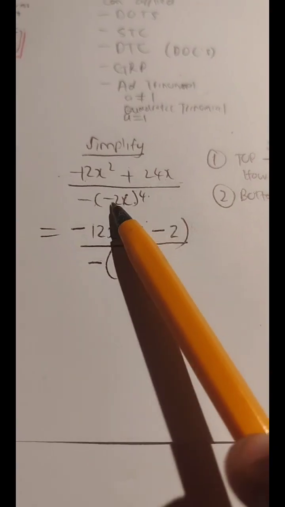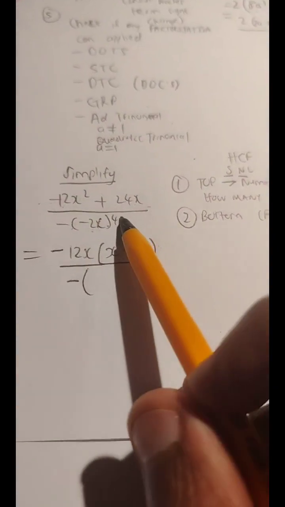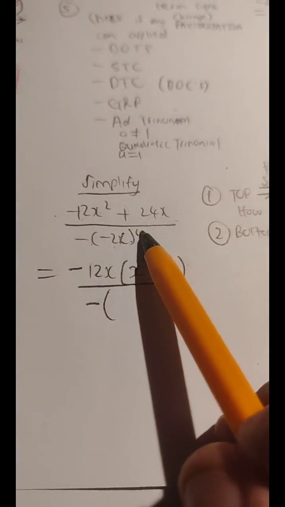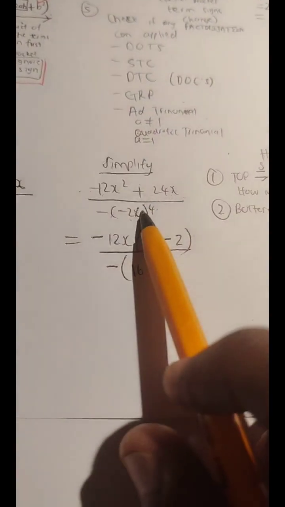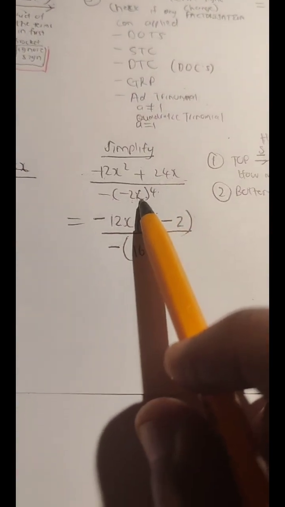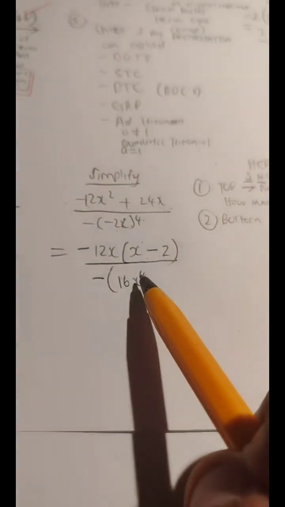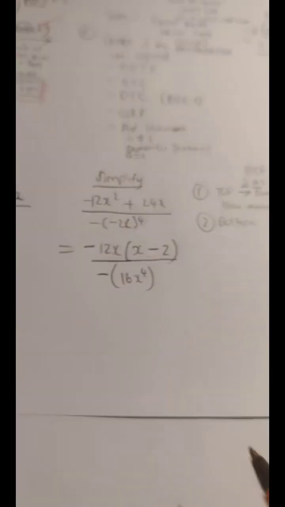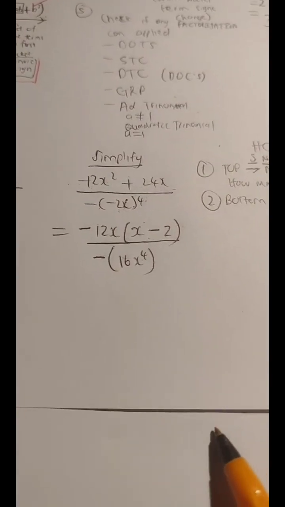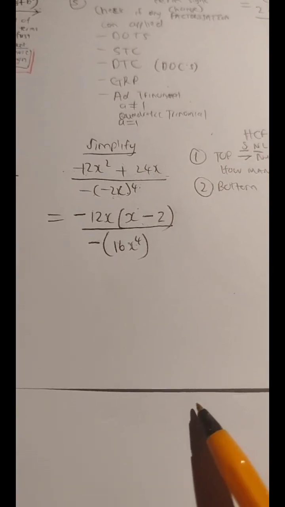Okay, apply this even exponent to a negative sign, it becomes positive. Then not only apply that to the sign but also to the number, because it's one term. So when there's one term, you can apply the exponent to the sign and the number. Remember, the number will be 2 to the power 4, which is 16. And then you apply the even exponent of 4 to x, which is going to give us x to the power 4, because that's 1 times 4, which gives us x to the power 4. Okay, do you see what's happening here? I hope you are seeing what's happening here, guys.